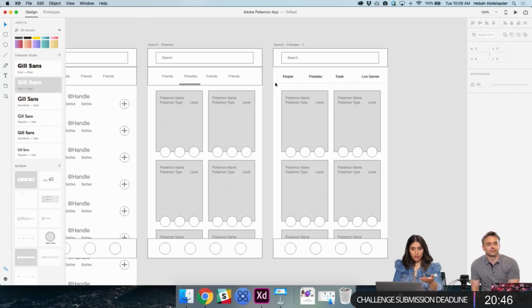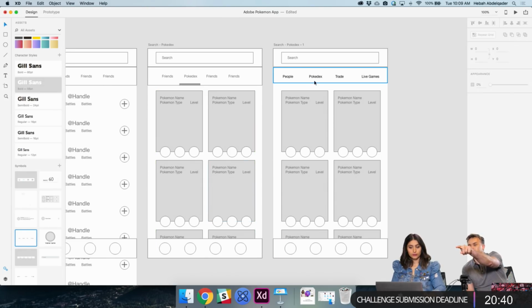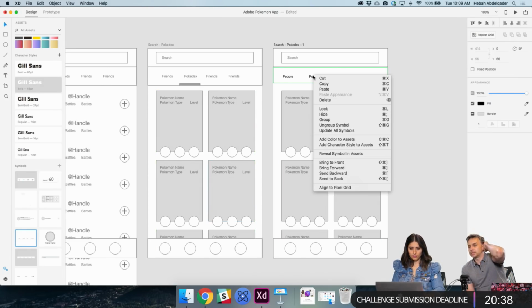So basically, okay, you right click, highlight on canvas, look at that. And now right click on that element and then...